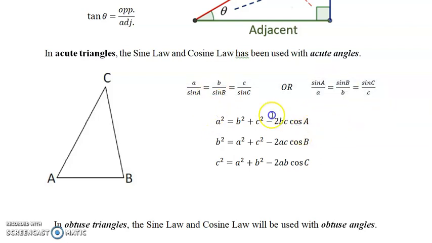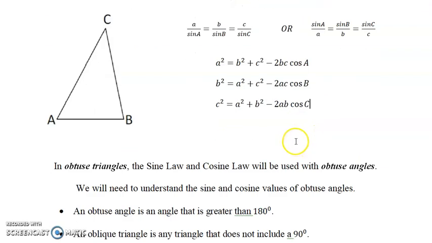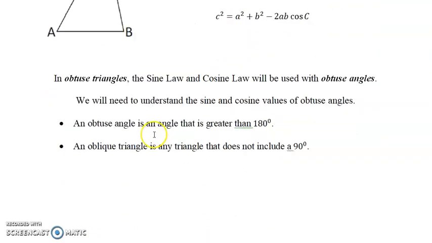And again, there are your cosine formulas that we used in chapter 3 as well. I can rewrite the ones for cosine A if you're looking for the angle as well. I'll do that like I did in chapter 3 as well. Okay. So what's new here today is in obtuse triangles, the sine law and cosine law can also be used for obtuse angles. But we need to understand the sine and cosine values,